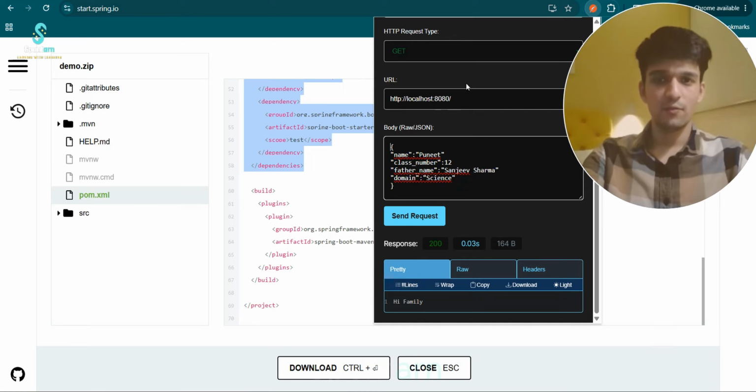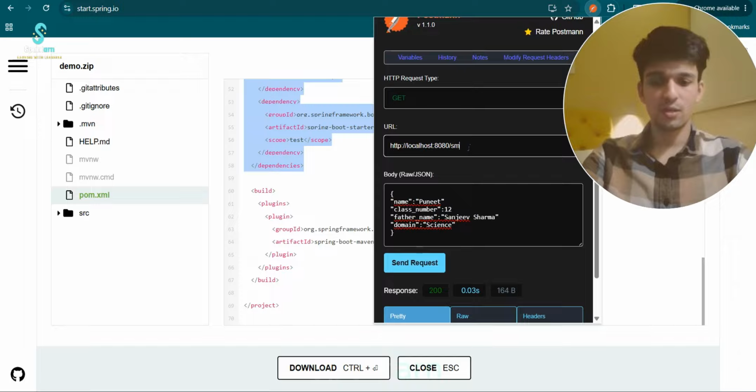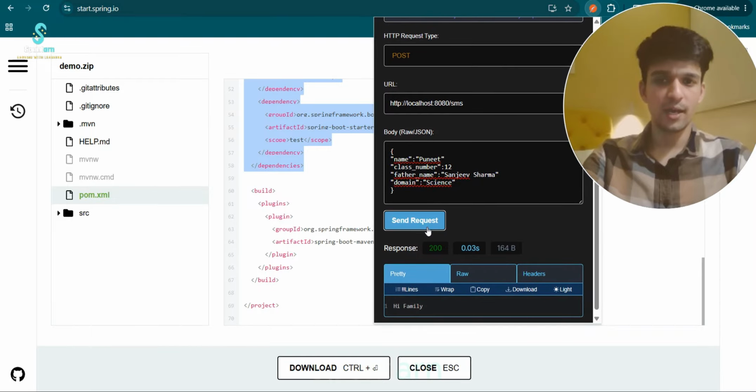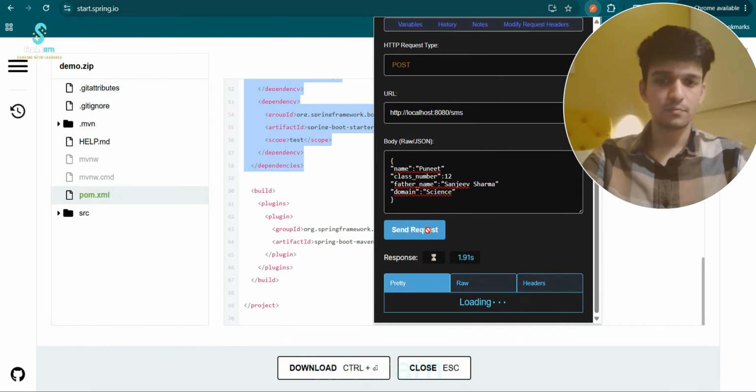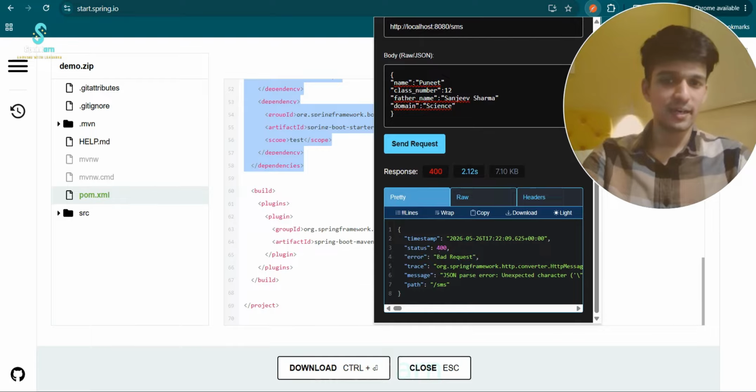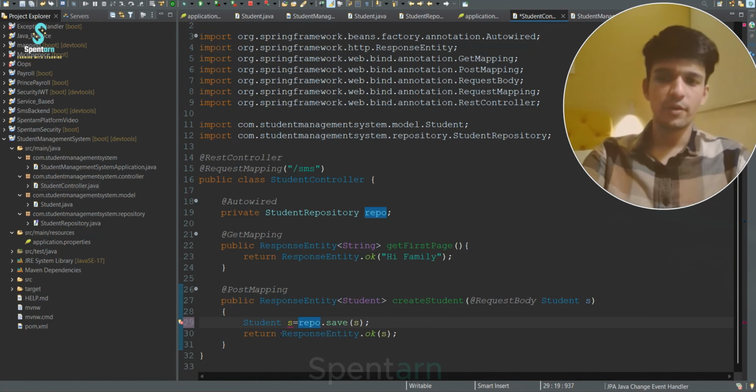After setting it out, what else I have to do? I have to just hit the SMS using the post mapping. This is the body that I want to send, and send request. You'll see that right now it is hitting 400. Why is it so? You have to figure it out. Okay, while saving it, just save it as Student s1 equals to,